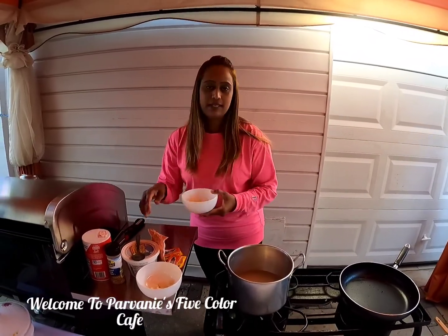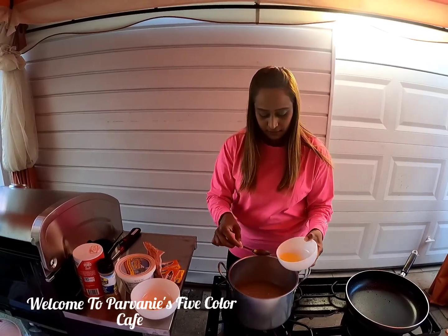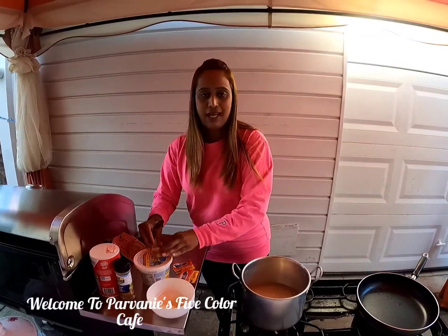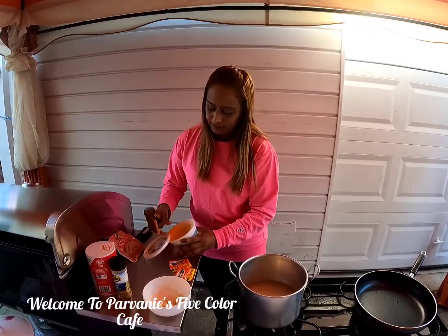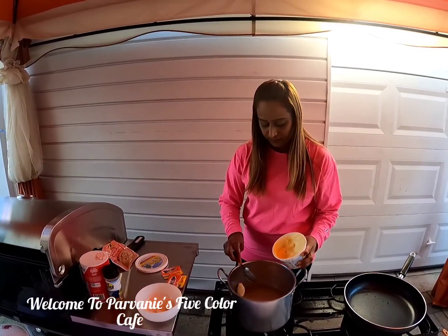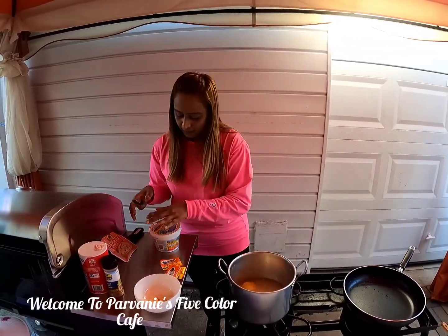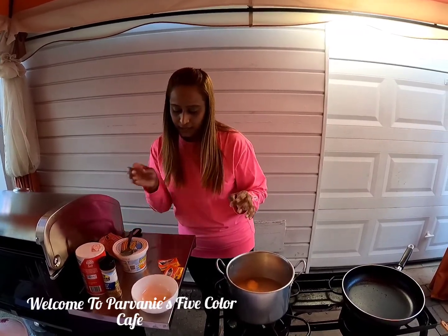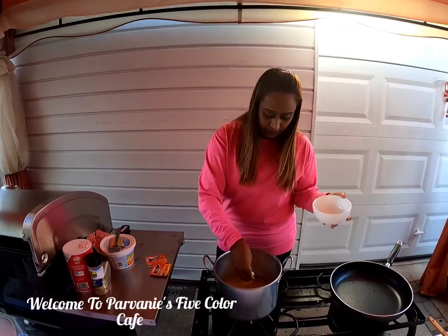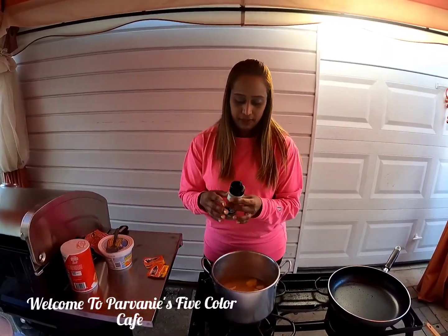And now I'll go ahead and add some oil, almost 2 spoons of oil, so the rice will not stick together. And I will also add some butter, like two teaspoons of butter. And I will also add a few cloves of garlic, peeled chopped garlic, some black pepper,